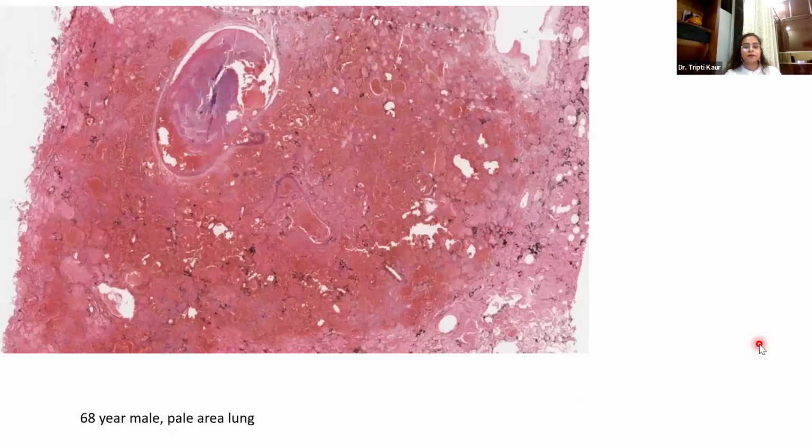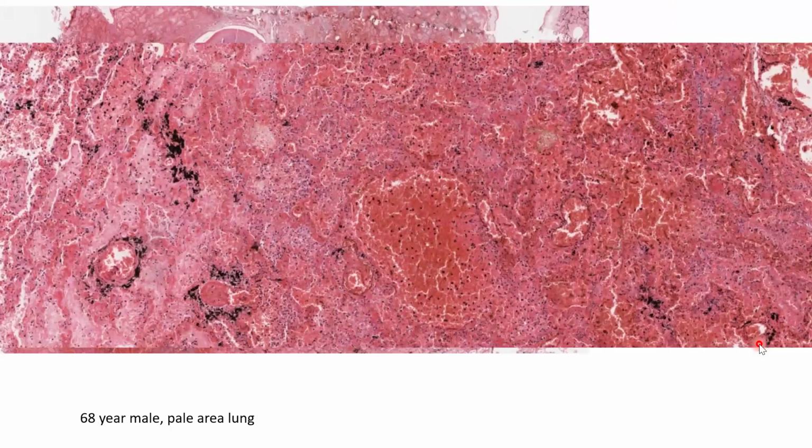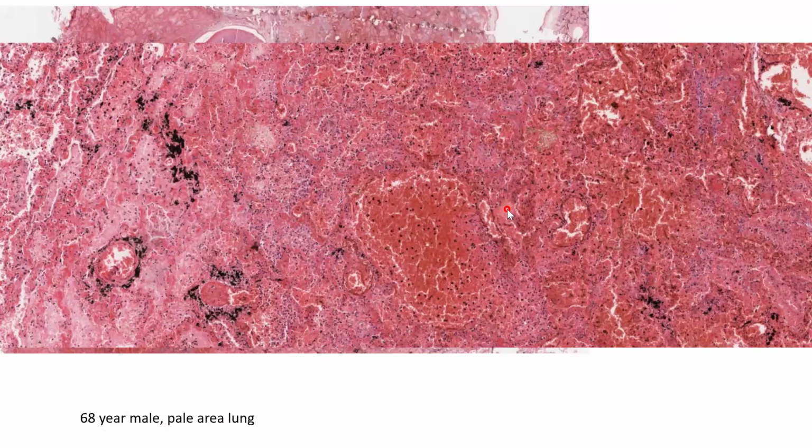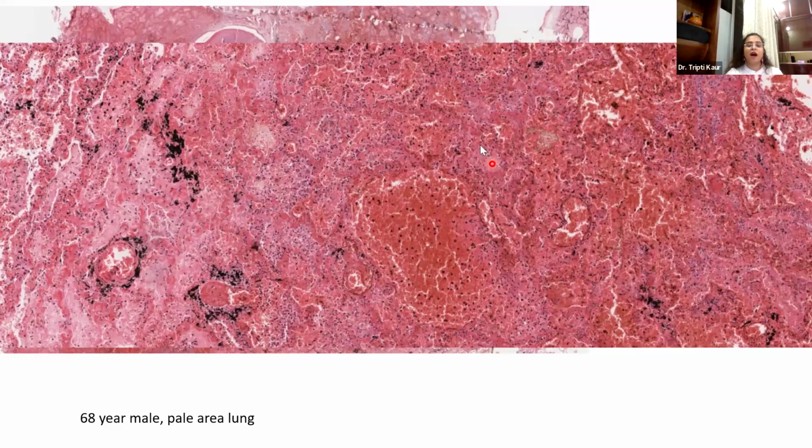Okay, so what is this? Very hemorrhagic kind of appearance with one vessel probably showing a thrombus. Okay. Pulmonary thrombosis. Very good. So the examiner wants to give you a hint. Okay, elderly man, pale area in the lung. Pale area means the blood supply is gone. So this is pulmonary infarction secondary to a pulmonary thrombus. Okay, lung is one of the organs which undergoes hemorrhagic necrosis.